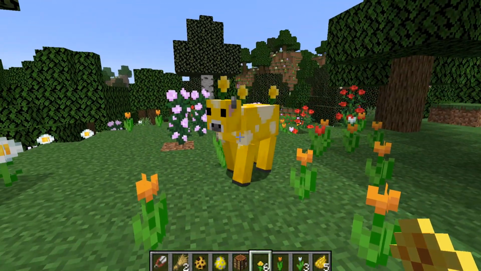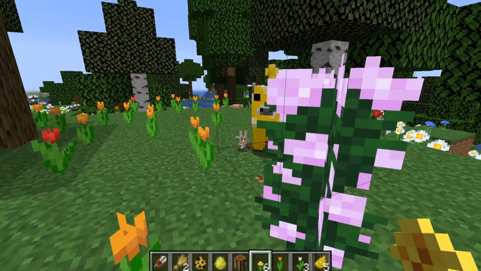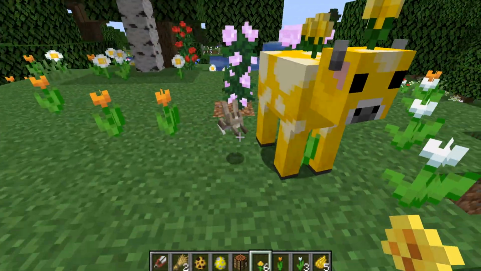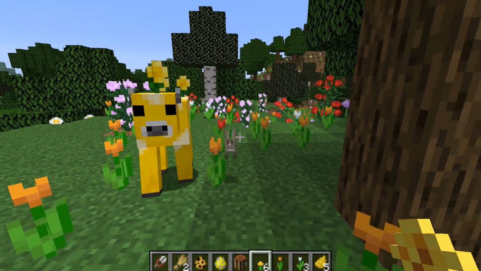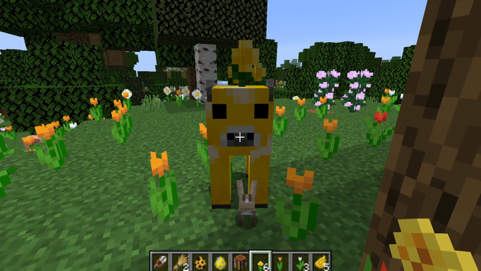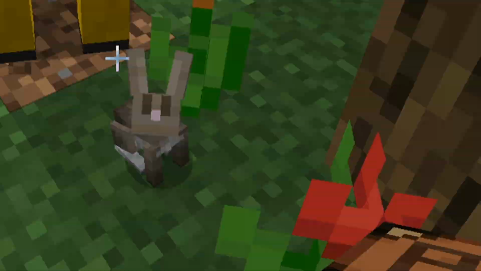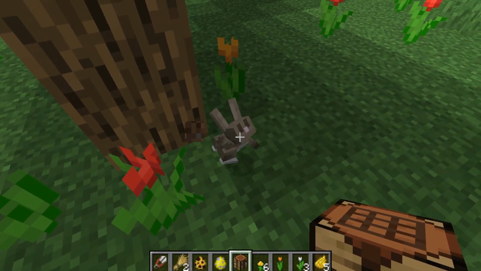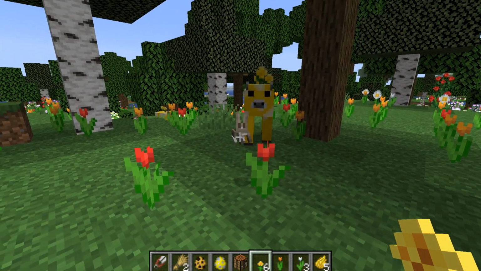Now the interesting thing which you didn't know about, all those little things about Minecraft that some of us don't know about, is this rabbit is following me with a dandelion, okay? Because obviously the rabbits interact with dandelions in Minecraft too. So if you chase rabbits in Minecraft and wonder, why are they running away from me? Why can't I do anything with them? It's because they're only attracted to those pretty flowers which you can have. So if I get a pretty flower out, the rabbit will actually be my friend instead of running away,